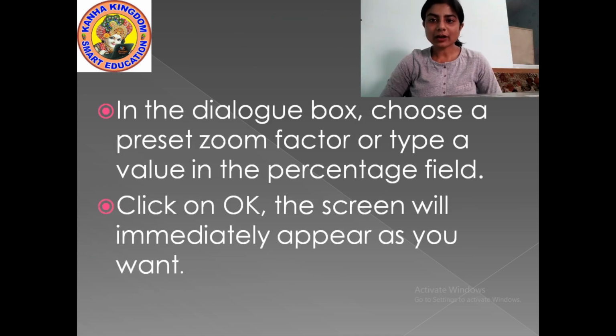In that dialog box you can choose a preset zoom factor or type a value in the percentage field. You will get a blank space where you can enter, according to your own choice, how much you want to zoom in or zoom out.